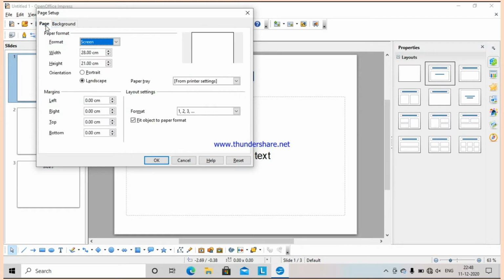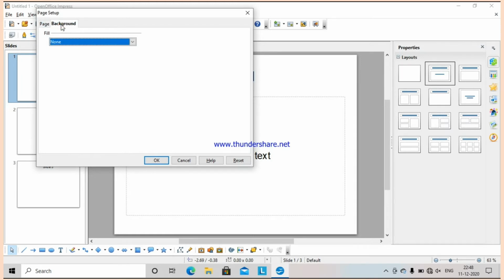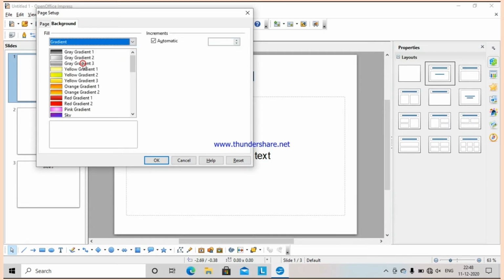In this Page Setup window, there are 2 options, Page and Background. We have to click on the tab Background. When I click on the tab Background, you can see there is a drop down for Fill. In this drop down, there are various options like Color. When I click on Color, various colors would come. When I click on Gradient, various gradients, meaning shades of different colors, would appear.